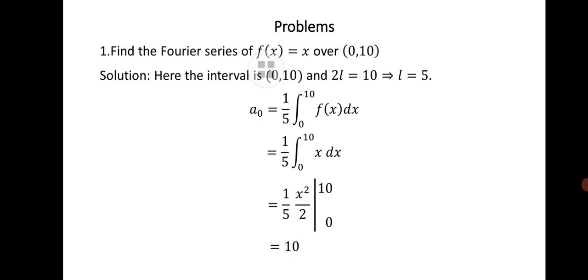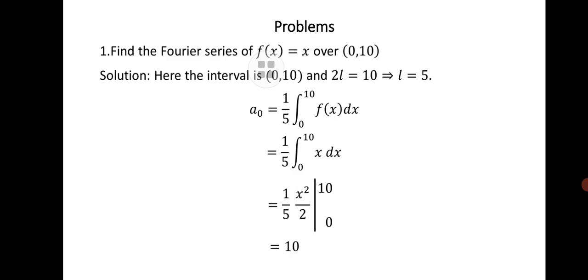If we come to the problems for this interval 0 comma 2L, suppose we are given the function f of x is equal to x over the interval 0 comma 10. Comparing 0 comma 10 with the interval 0 comma 2L, we get L equal to 5. So a0 is equal to, as we know the formula, a0 is equal to 1 divided by L integral 0 to 2L f of x dx. Substituting the values of L and 2L, we will get a0 is equal to 1 divided by 5 integral 0 to 10 f of x dx,